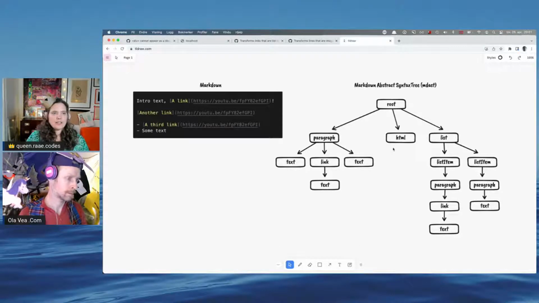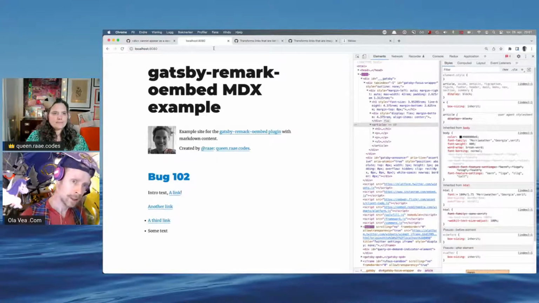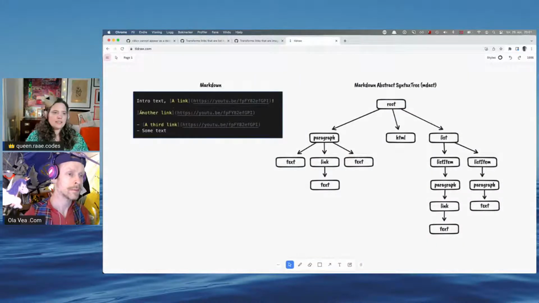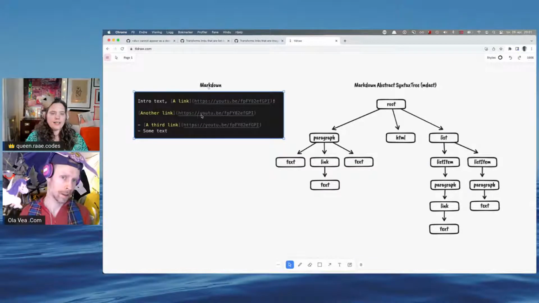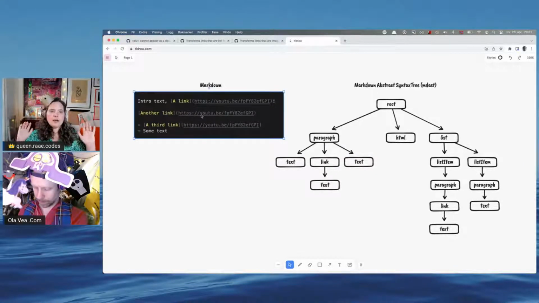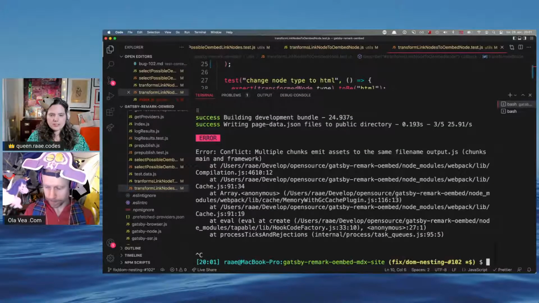But the results then are that, hopefully, is this running now? Well, now nothing is working. But the result you were saying, the result is? Yeah, the result is that this link that is standing on its own line, a standalone link, gets transformed into its oembed counterpart, the YouTube iframe, and it's not inside of a p tag anymore when it turns into HTML on the other end. Which is what we wanted. But something is wrong right now.